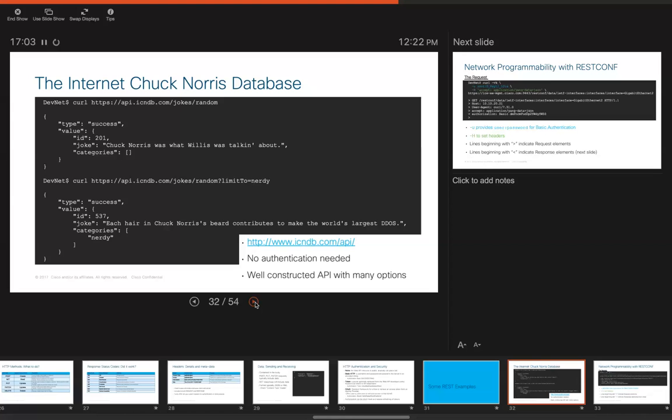And by using this curl command line, we are calling out to this API that's essentially a database of, no clever name here, Chuck Norris jokes. You can see from the first one, we're calling a random joke, and then the second curl command actually uses that parameter we were talking about, the question mark limit to nerdy, so we can get a specific category within this database of jokes. So we're getting back a nerdy category joke. We'll do this one when we get to the next tool we talk about.